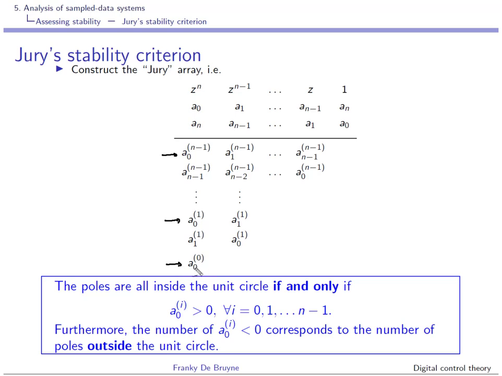Here it's a00, a01, a02, and then up to a0,n-1. If all of them are positive, right, then the poles are all inside the unit circle. Furthermore, the number of a0i that are smaller than 0 corresponds to the number of poles outside the unit